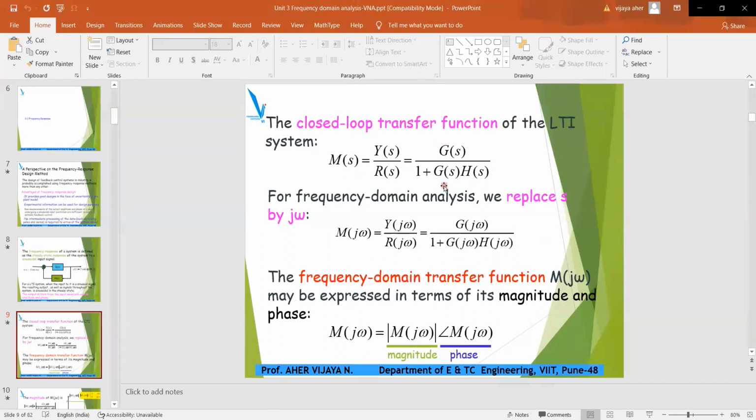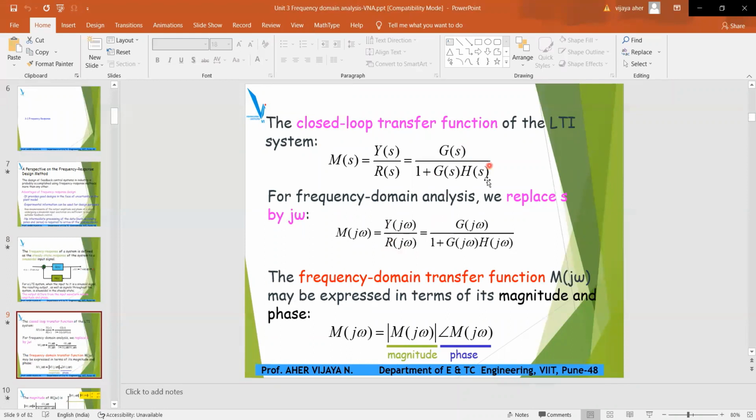Now for frequency domain analysis, what are we going to do? You just replace this S by J omega and rewrite the equation. So M of S becomes M of J omega. It's very simple. You just have to replace the variable S in this equation by J omega. So M of J omega is equal to Y of J omega divided by R of J omega, which is equal to,